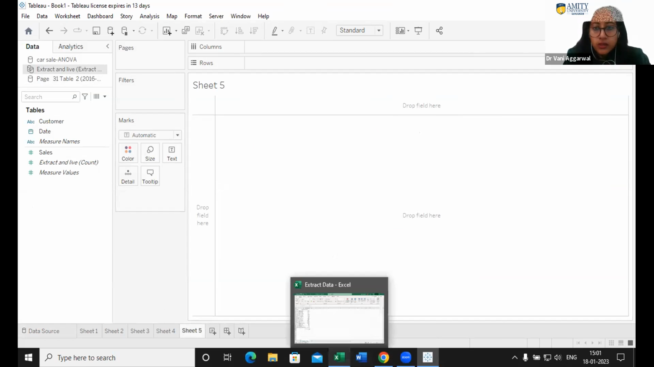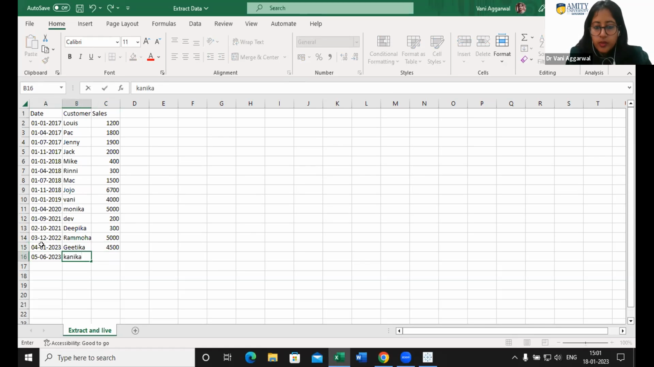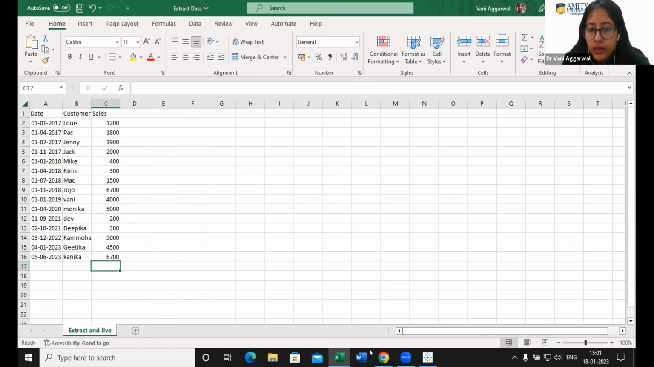Okay, now the same data file I am using. Okay, now I'll add some more points here. So say for example, I'm adding 4123. Say Geetika made a sale of 4,500. Okay, then 5/6/2023, say Kanika made the sale of 6,700. Okay, so these 2 entries I have done. Now I'll save it. So don't forget to save it. So I have saved this. Okay, now